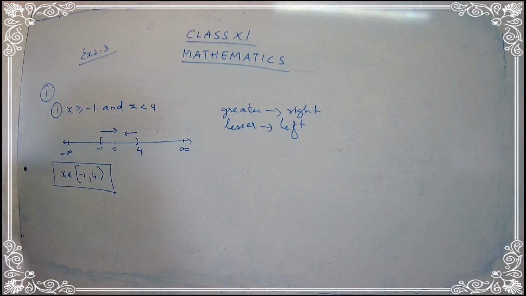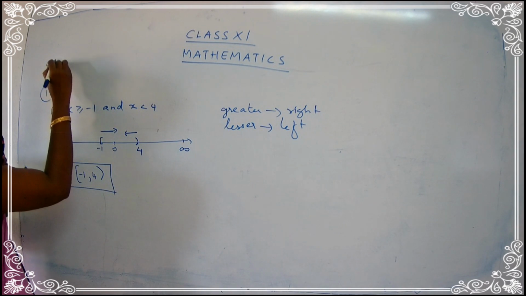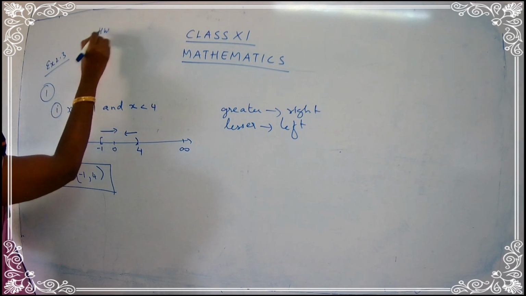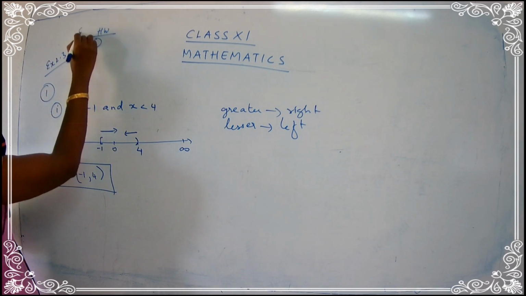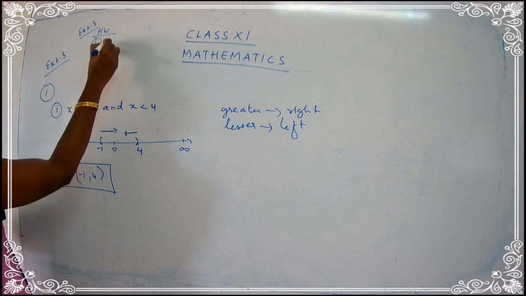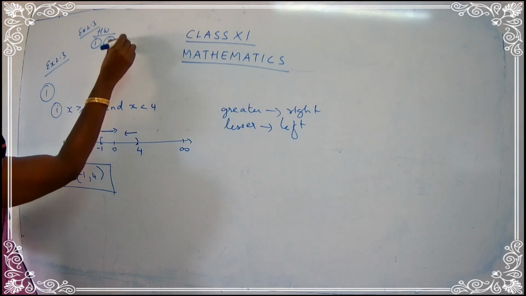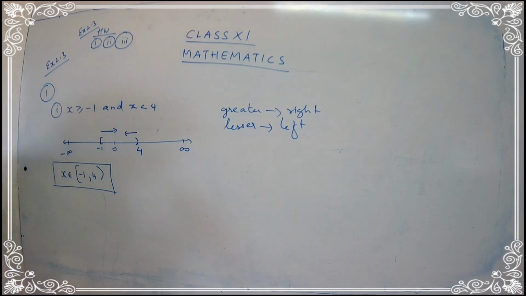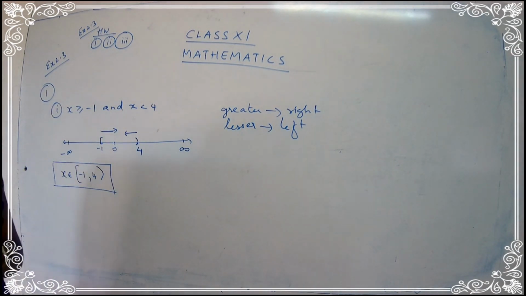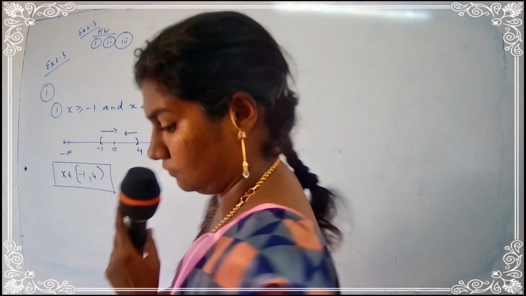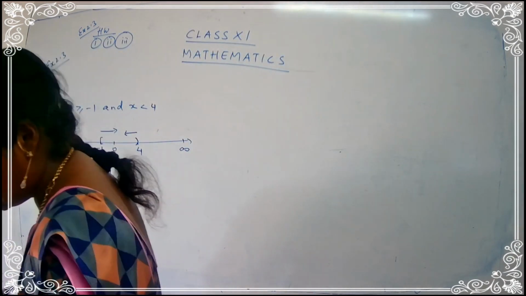Okay, let's go for the, yes, I'll give you homework. So your exercise 2.3, homework is from question number 1, exercise 2.3. The second subpart and the third subpart is your homework, children. Question number 1, the second subpart and the third subpart is your homework. The fourth one I'll be doing as classwork. So take down the fourth subpart.